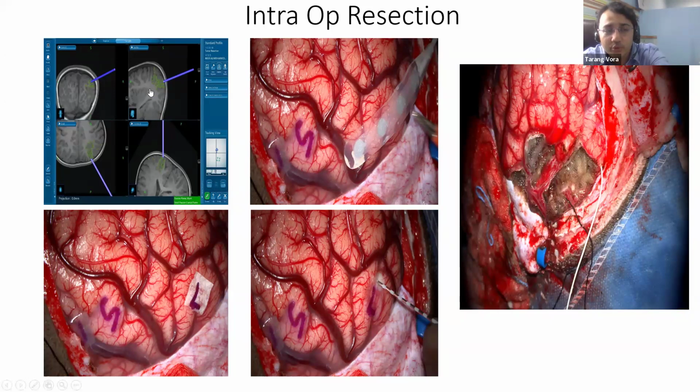The image on the left is the neuronavigation, where we have demarcated the area we want to resect, which looks absolutely normal. When we open the skull, we do our mapping. The image on the right is the subdural grid, where the epileptologist comes into the operation theater and tells us whether those areas on the surface are having any abnormal electrical discharges. Then we put a depth electrode inside to look at the deeper structures, looking for the abnormal areas. And then finally, with the neurologist continuously standing behind us and telling us, don't remove that, don't remove this, we do end up removing that much part of the brain.